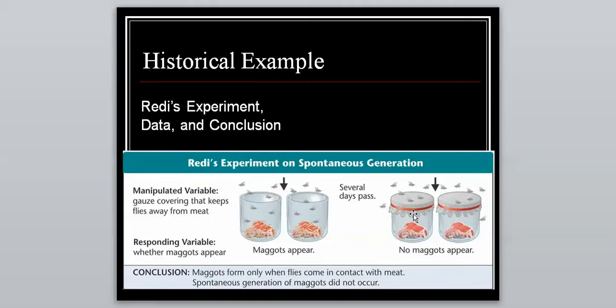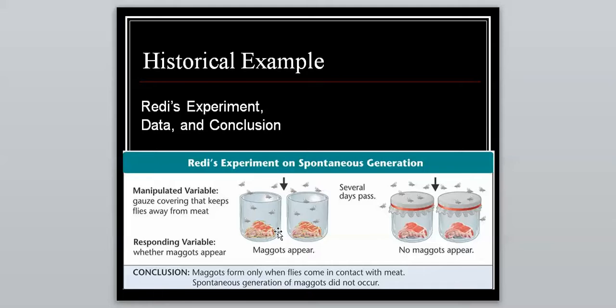So his data and conclusion, you can see, again, I just mentioned his manipulated variable was the gauze that was keeping the flies away from the meat. And then there's his responding variable, whether or not maggots appeared. After several days, maggots were all over the meat that he left out, and there were no maggots anywhere near the ones that he had covered up. So he was able to record that data, and he shared it with the world saying, hey, listen everybody, I know this might sound crazy, but